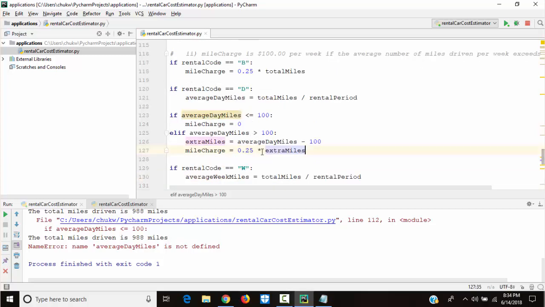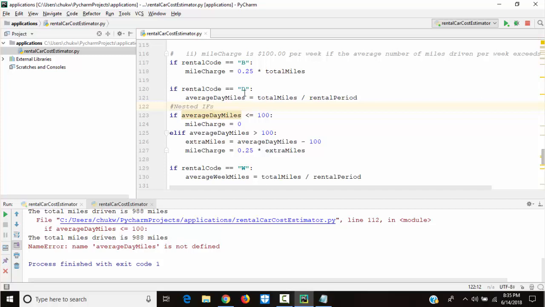Now here we are still under D. So I'm going to put this. We have, of course, multiple ifs anyway. However, we call this nested ifs. So I'm going to comment this: nested ifs.